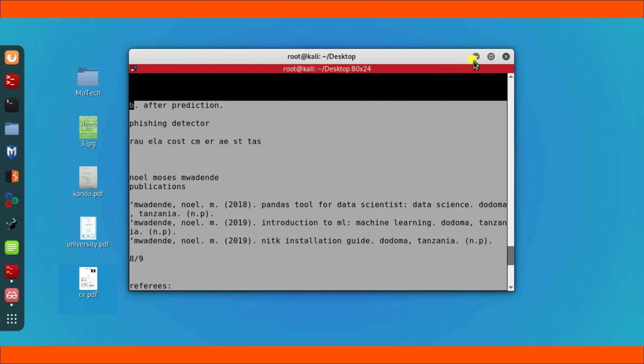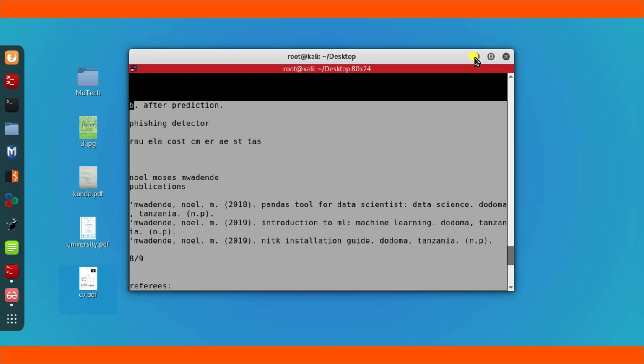So that is all about how to use the Textract Python library to extract text from full text PDF. What is your experience when it comes to full text extraction? When it comes to text extraction from full text PDF, which library do you use? In my case, I use PyPDF2, the Python library for text extraction for full text PDF.